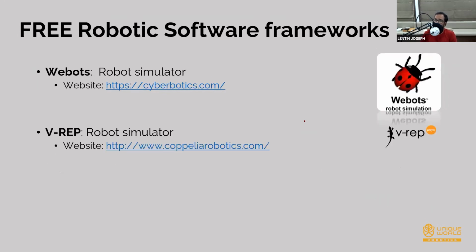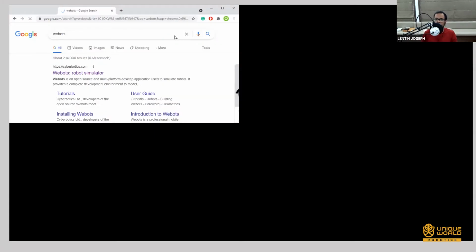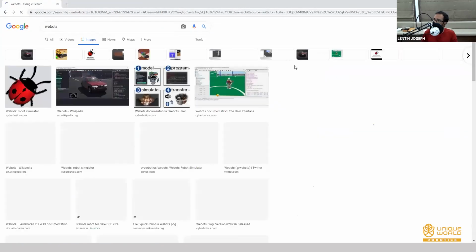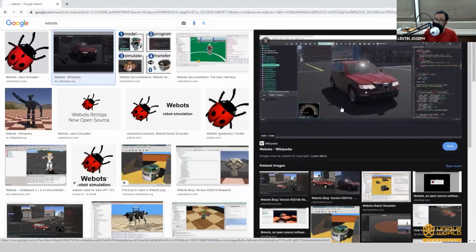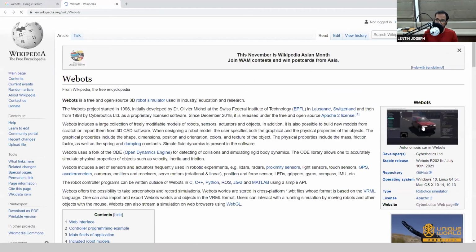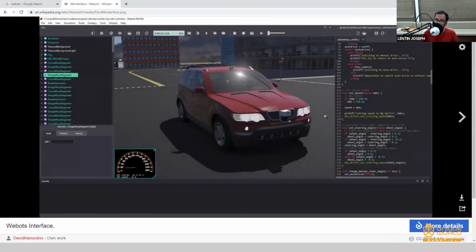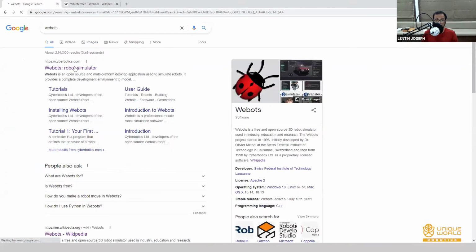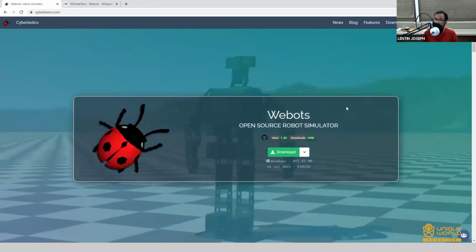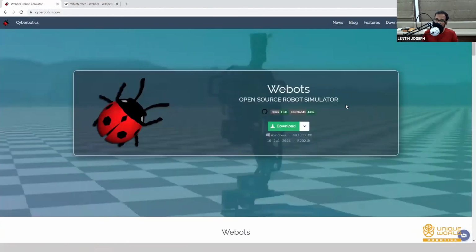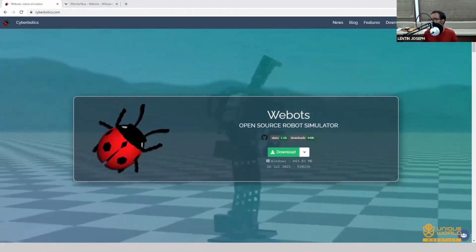Some examples of simulators are Webots. Maybe I can show you that. You can just search for Webots on Google. This is again a very good simulator that you can think of as a replacement for Gazebo, with a nice UI and all. Webots was actually a commercial, paid simulator before, but they made it open source, and it is fully supported with ROS. So you can work with ROS and Webots. Maybe I can just share the link.